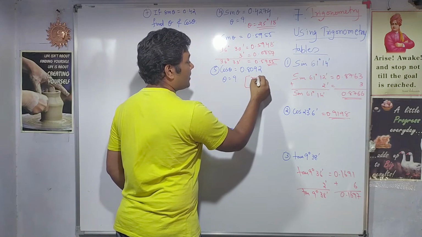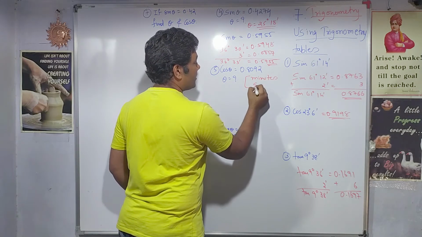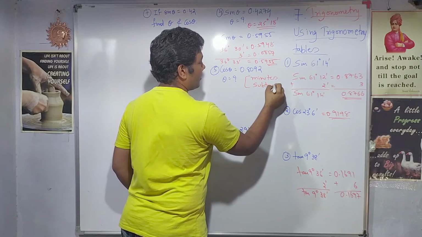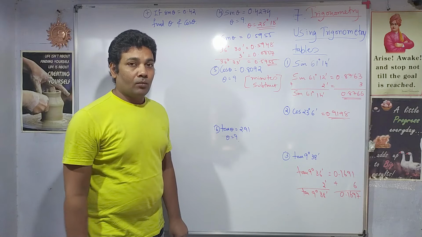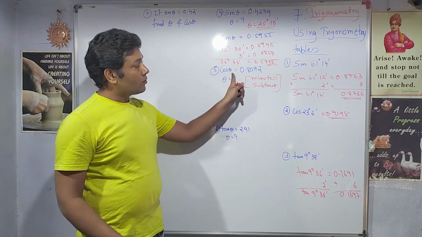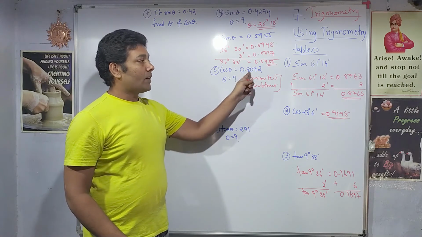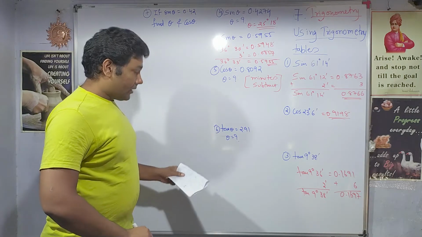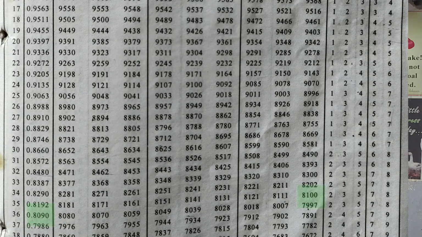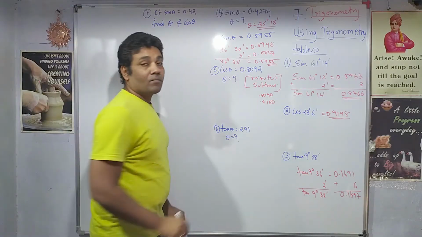There in the minutes, if you see, it is written subtract. So what do you mean by that subtract? That we will understand now. Just go to the table of cos and try to find this value 0.8092. I don't find 0.8092. I am able to find 0.8090, and another closest value which I find is 0.8100.